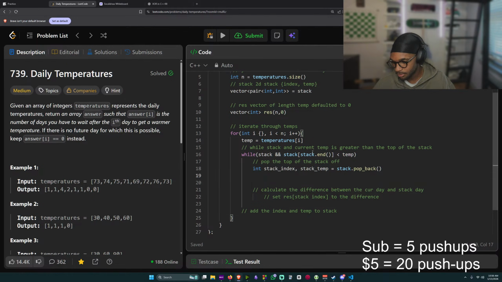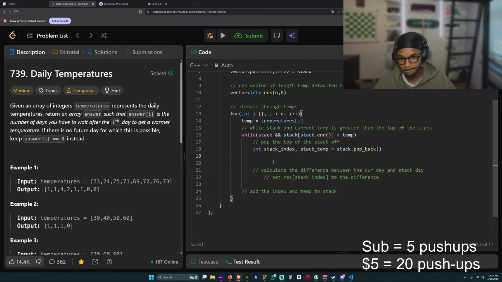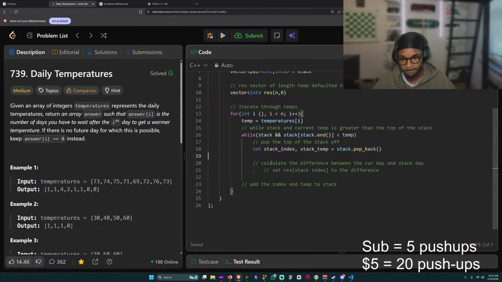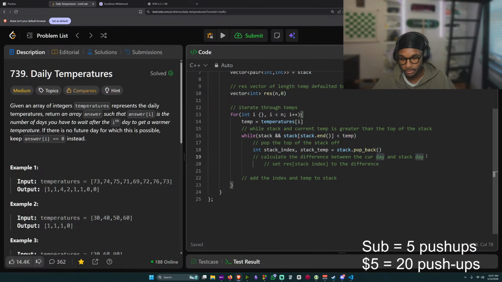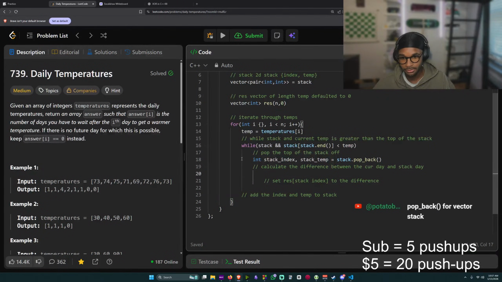My stack definition is wrong. Wait, what? How is this wrong? I thought you told me this is right. You said I could just do like pair, int, and stack. Pop back for vector stack. This is a vector stack. It's literally a vector. So we pop that off and then we say